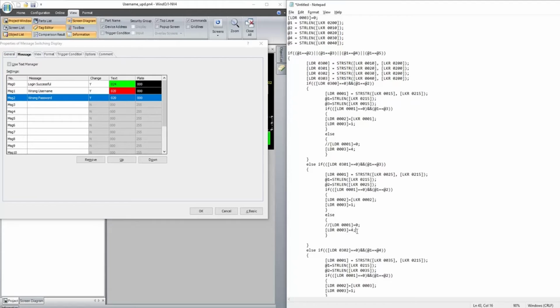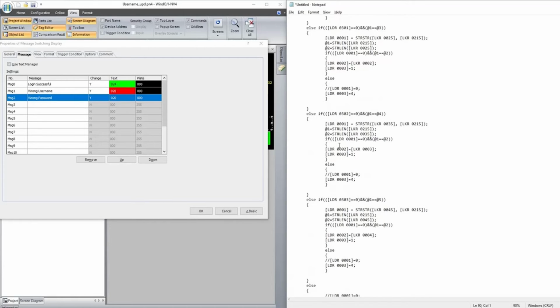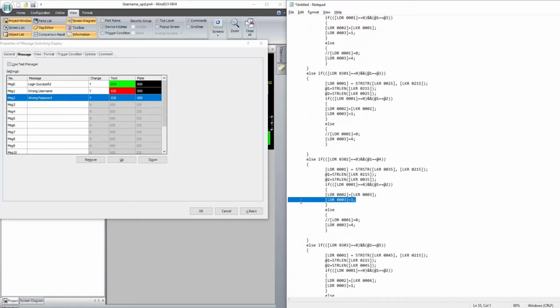You can see in the script here, LDR3 is 4. In the else condition, you will find LDR3 is 2. So this is how it happens. LDR3 is 1 here, that is login is successful.